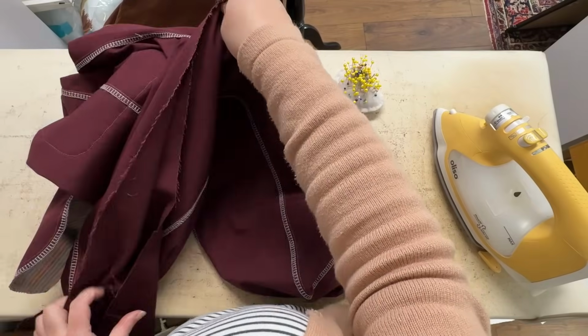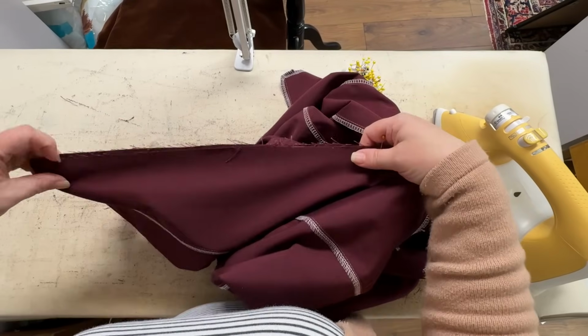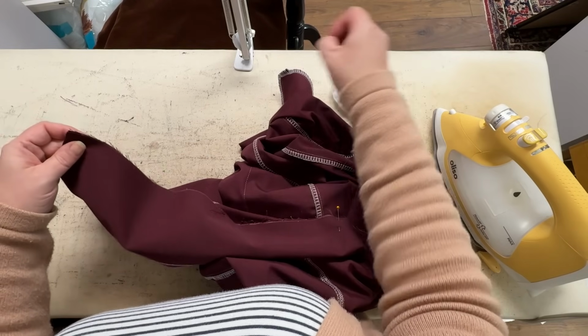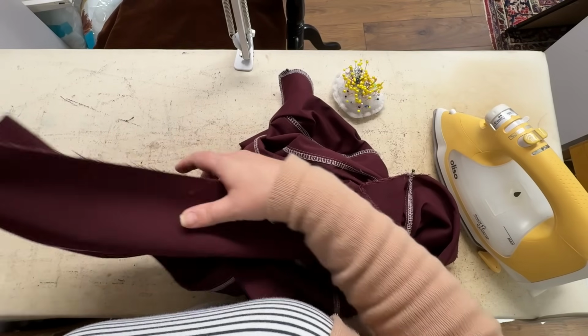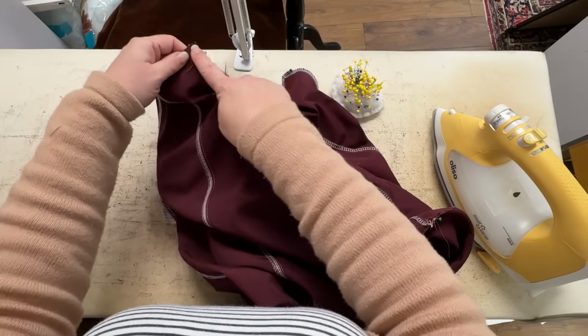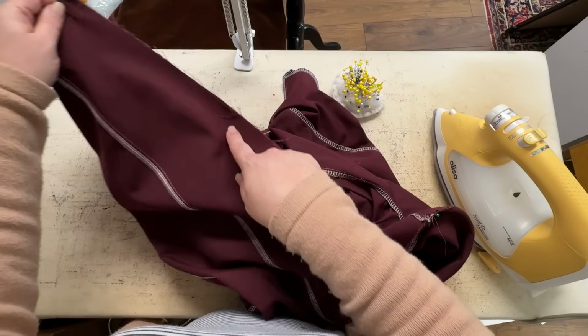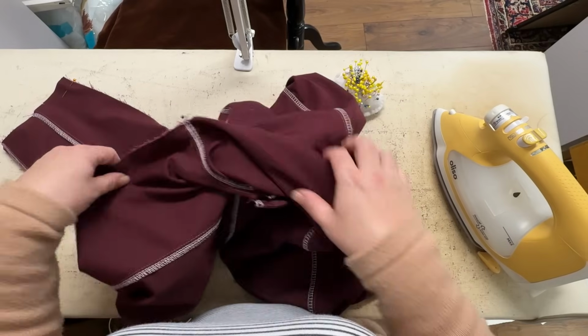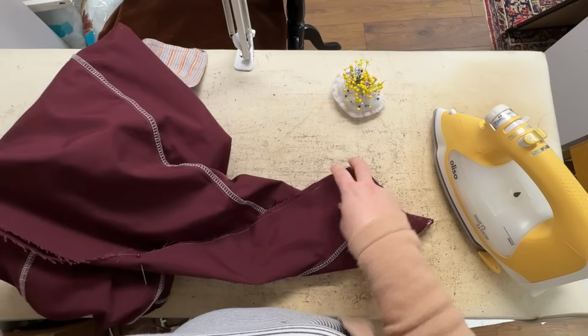And the same on the other side. There's a notch. And there's them. All right, so what I'm going to do now is I'm going to go to the sewing machine, and starting at one hem, I'm going to sew all the way up the leg, around the crotch, all the way back